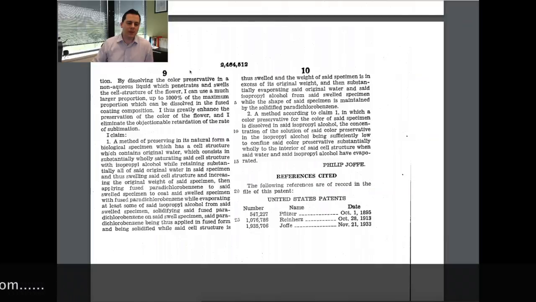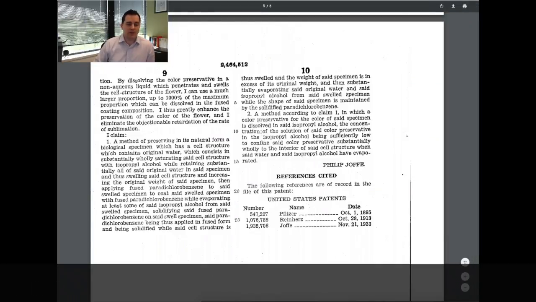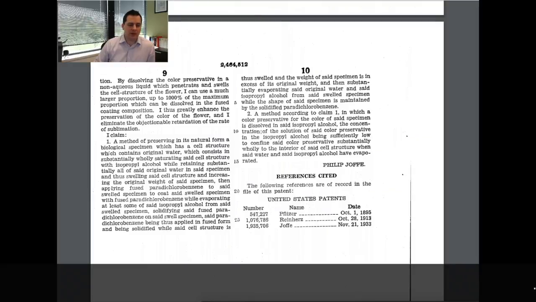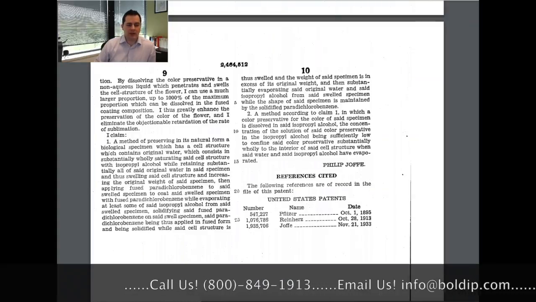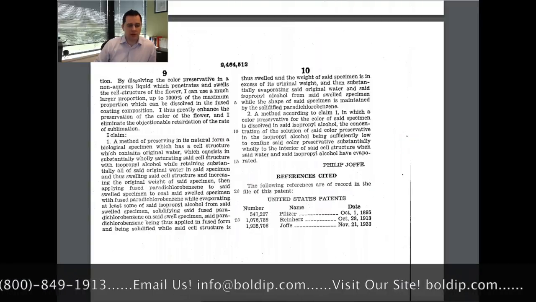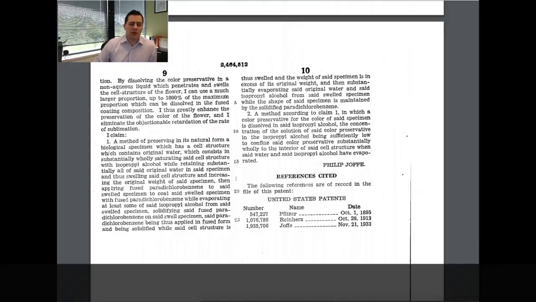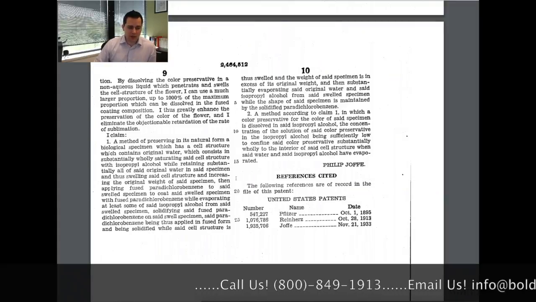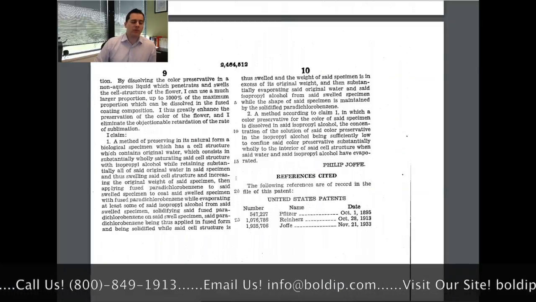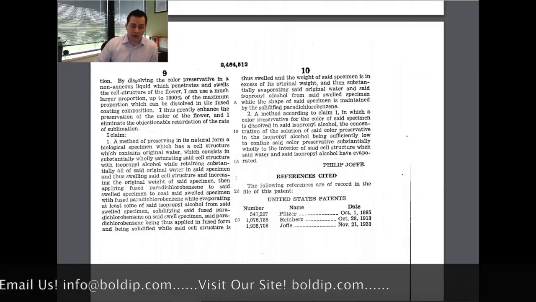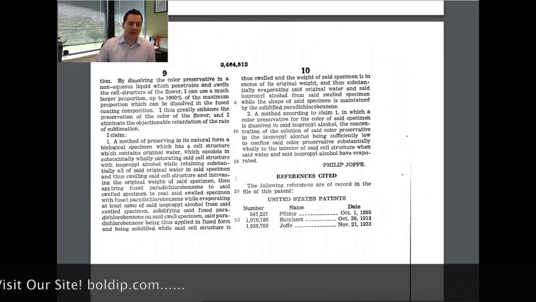how to actually do this particular method. So the claim reads, a method of preserving in its natural form a biological specimen, which has a cell structure which contains original water, which consists in substantially wholly saturating said cell structure with isopropyl alcohol, while retaining substantially all of said original water in said specimen, and thus swelling said cell structure and increasing the original weight of said specimen, then applying fused paradichlorobenzene to said swelled specimen to coat said swelled specimen with fused paradichlorobenzene, while evaporating at least some of the said isopropyl alcohol from said swelled specimen,